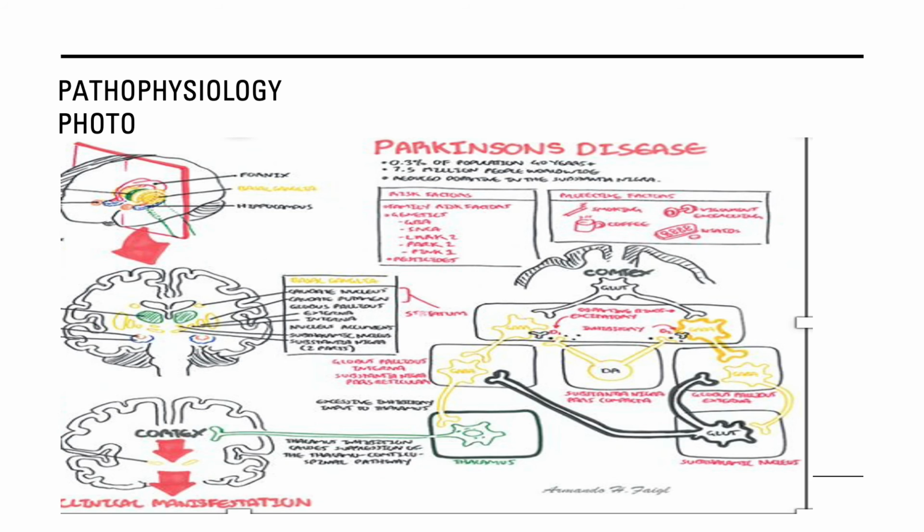So as Parkinson's disease occurs, we don't see a release of dopamine, so we have a depletion of dopamine. Because we have a depletion of dopamine, as you can see on your left-hand side, the dopamine, if there wasn't Parkinson's disease, would bind to the D1 receptor on the caudate striatum. But because there is Parkinson's disease occurring, you wouldn't see dopamine bind to the D1 receptor on the caudate striatum. Then that means you wouldn't be able to excite the GABAergic neuron on the caudate striatum. And then because you can't excite the GABAergic neuron on the caudate striatum, that means that no GABA inhibitory neurotransmitters are released,